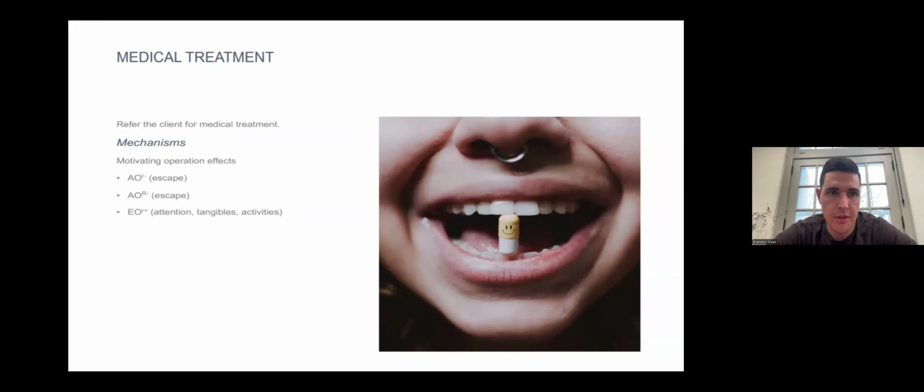So, this is pretty self-explanatory: medical treatment. If we notice a huge spike in a problem behavior that hasn't happened in a couple months and it's a pretty intense frequency, we like to lean towards maybe there's some reason behind it. We can always refer them for medical treatment. I know there's also a service through the HICU that a nurse might be able to come and evaluate if you're having trouble getting them to the doctor yourself. I have a client now who has migraines and headaches and is not able to vocalize that. And sometimes you can tell by some of the behaviors that are going on. And like Curlin said, it seems to be even better the more you know the client, the more patterns you can recognize.